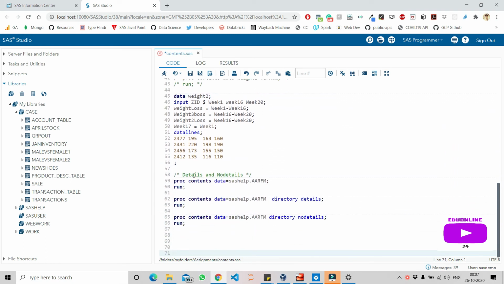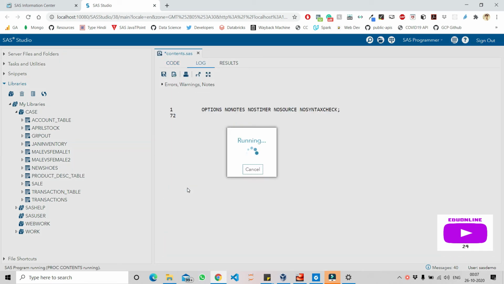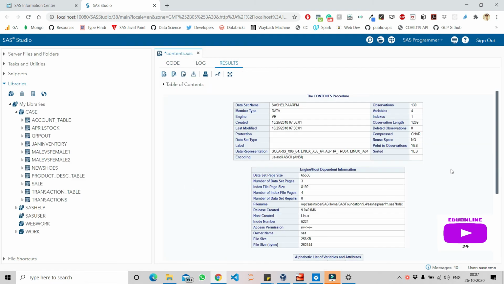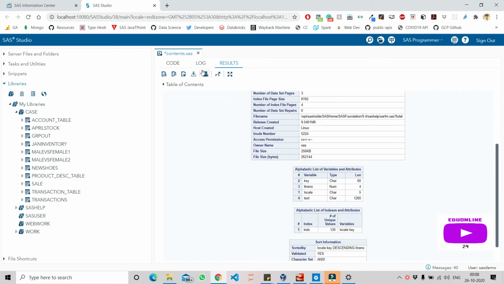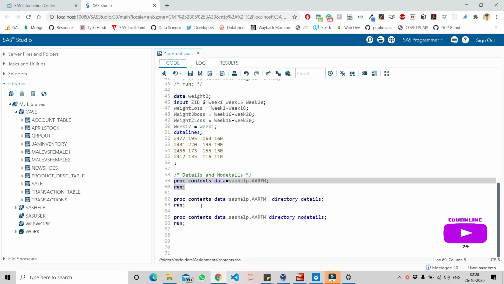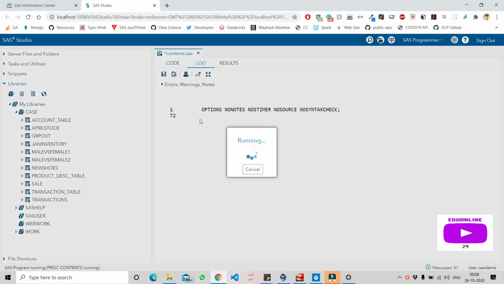The last one is details and no details. So this is how the default behavior of proc contents is, right? It prints all these details. Now if you want to get some additional details, you can use the details method.